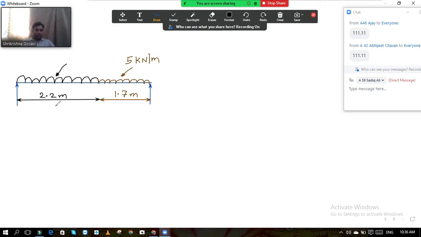Here is point A, this is point B, here is the reaction RA, here is the reaction RB. But unless you tell me the value of the load, how can we proceed further? These design steps are very important. You should take down the notes so that they will be there with you. If you don't have it, you can put into the chat now what the value is. We have already calculated it.